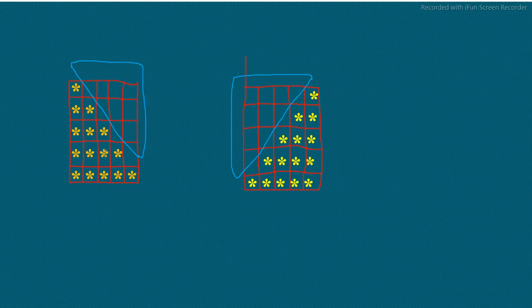So the first point you need to note down is that any pattern which you are printing is actually a 2D array representation in which a few of the cells are filled with stars and a few of the cells are filled with spaces. This is the first point to be noted down.